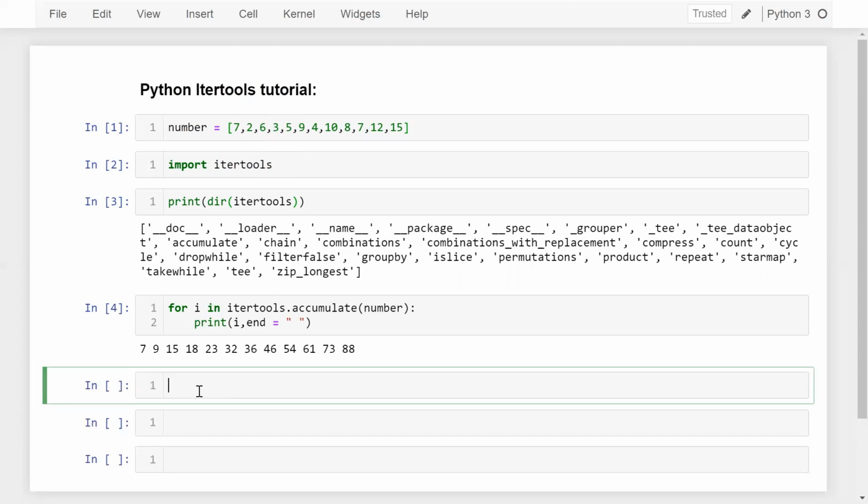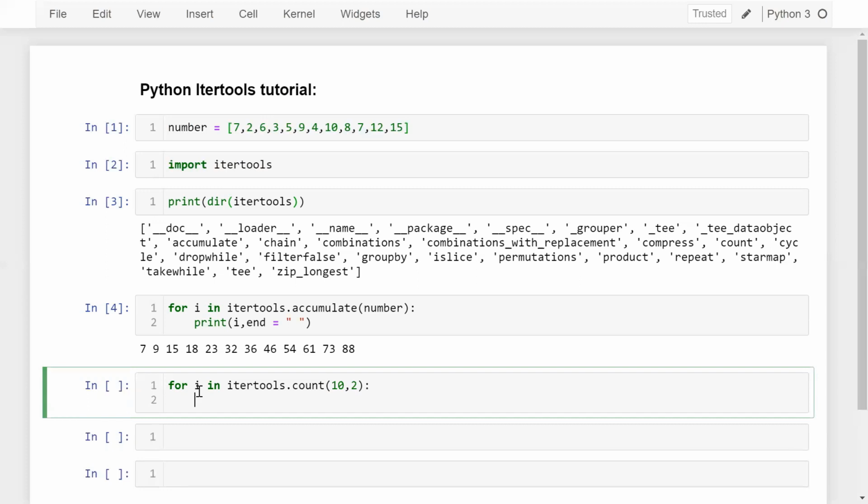Now let's take another example from itertools. So for i in itertools, now I am using count. So see guys, what does count do? Count is an infinite iterator. First of all, you need to pass your starting position from where you want to start your loop. So I want to start my loop from 10. After that, you need to define your step size. Here my step size could be anything. As of now, I'm going to pass 2. But here, I'm not going to define any stop condition. Then what will happen? Our program will run infinitely.